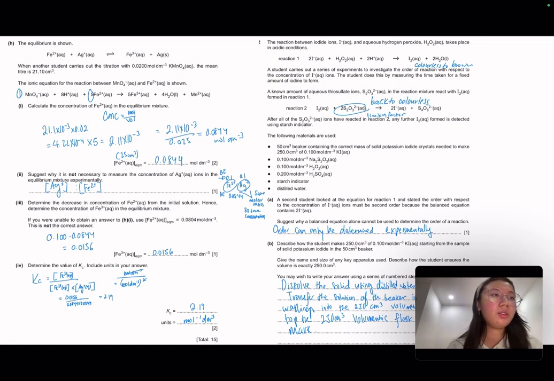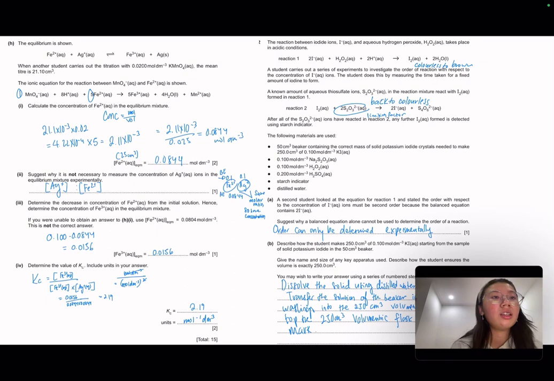Alright, so you add your aqueous thiosulfate ions to the mixture. It reacts with your I2 and immediately turns it back to your iodide ions, so it is now back to colorless. So in this case, your limiting factor would be your aqueous thiosulfate ions. After all of the thiosulfate ions have reacted, any further iodine formed is detected using